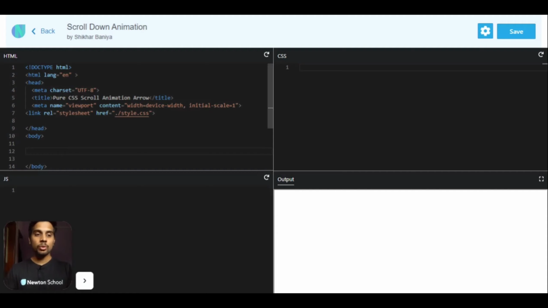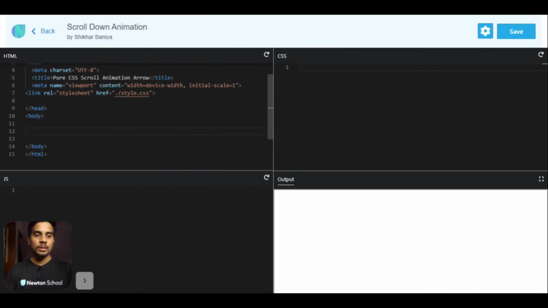So here we are in the code editor, and as you can see, I've given the title as pure CSS scroll animation arrow. Okay, let's start writing some tags. So first, let's create a div with class container. Now inside this div, we basically want 3 arrows, which will point downwards.